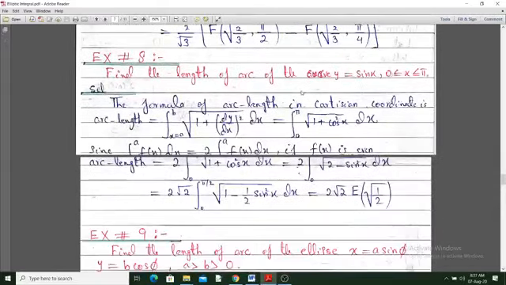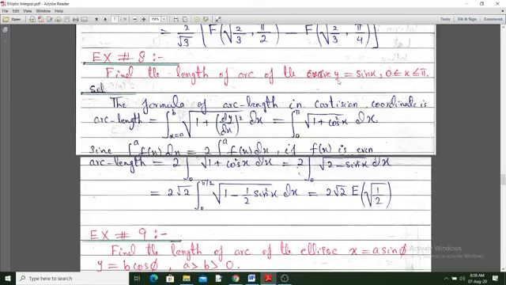In the next example, we have to find the arc length of the curve y is equal to sin x, where x ranges from 0 to pi by 4. To calculate arc length in the Cartesian coordinate system, we know the formula is given by this. In this formula I put a is 0 and b is pi. So I write here 0 to pi, and then square root of 1 plus